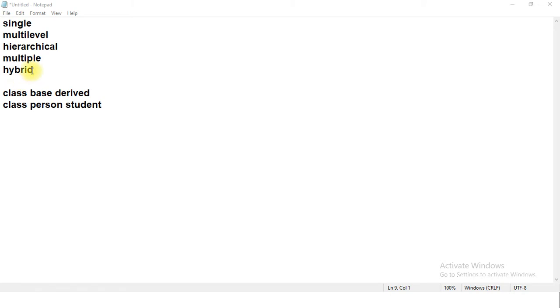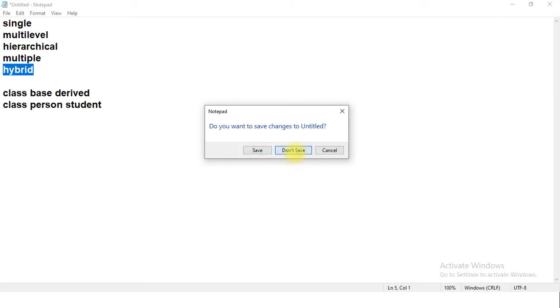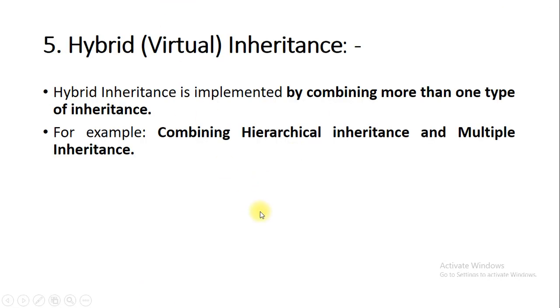So before starting our programmatic session, I would like to explain the disadvantage of hybrid inheritance. First of all, what is hybrid inheritance? As we have studied, it is a combination of one or more types of inheritance, and generally you are going to combine hierarchical inheritance with multiple inheritance.